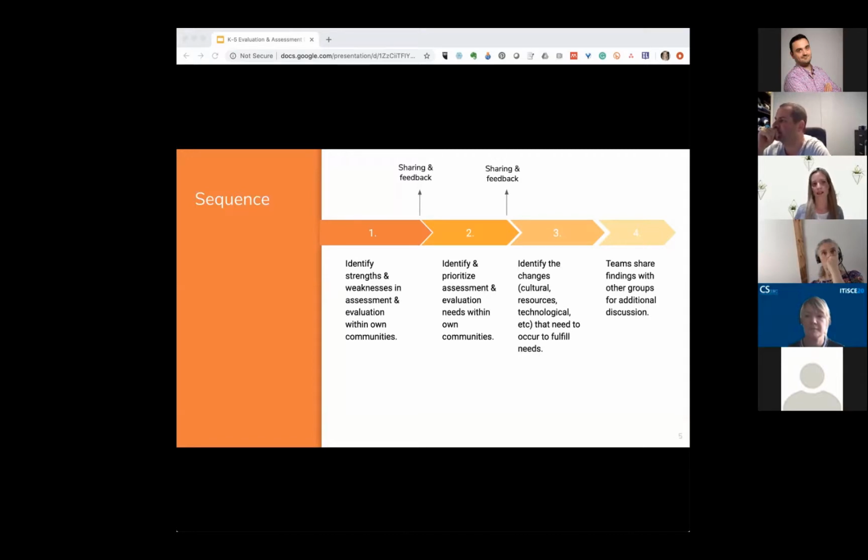We also looked at identifying and prioritising assessments and needs, and then at how we can come up with strategies and solutions around those needs. There was also a process of sharing and feedback throughout the day, so that across and between the groups we were identifying common themes and were able to provide feedback and input.